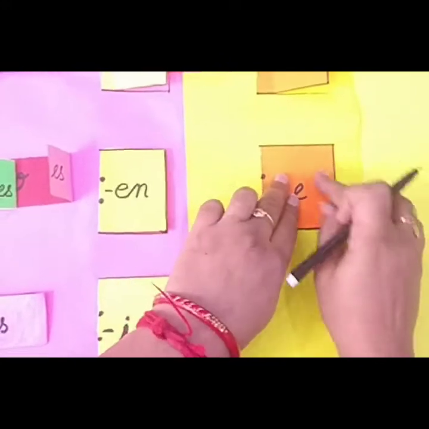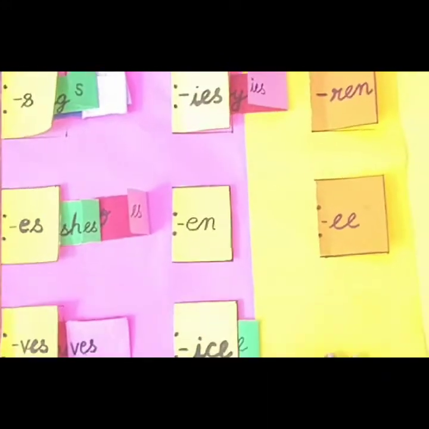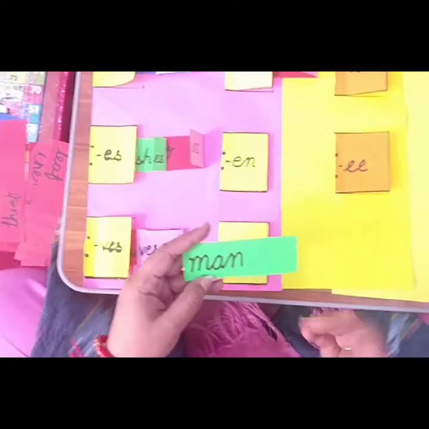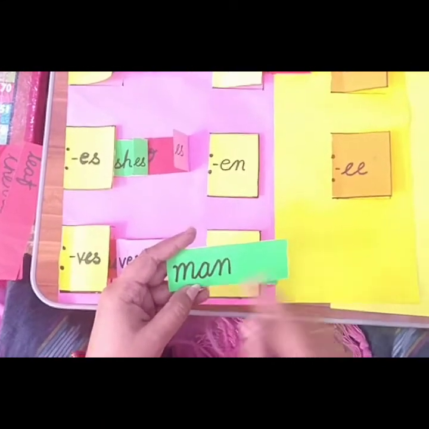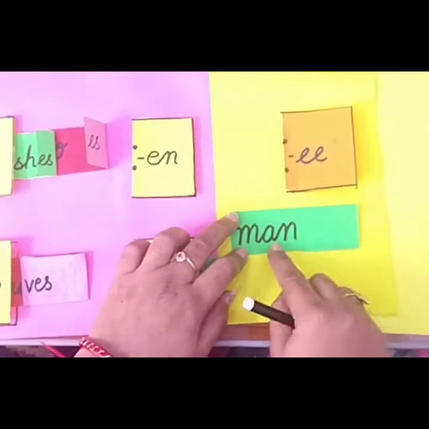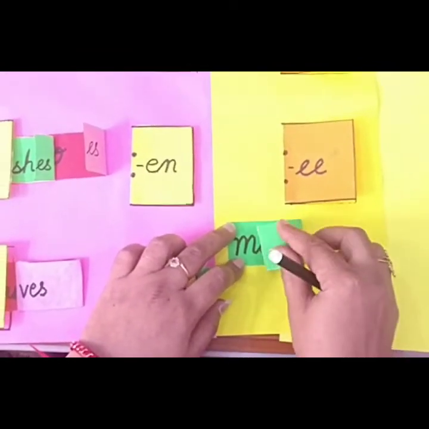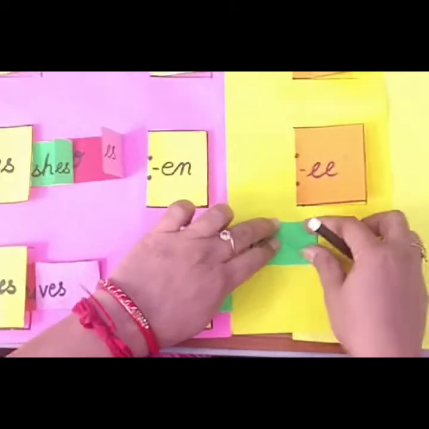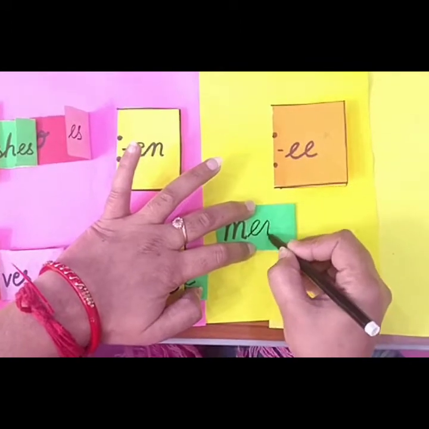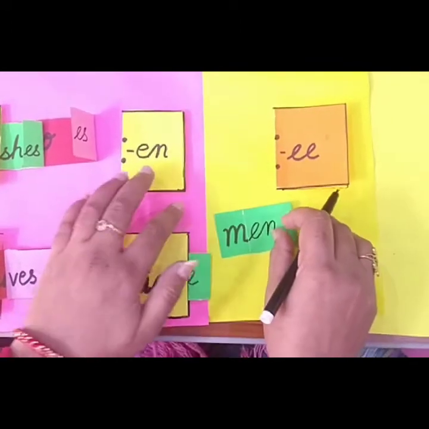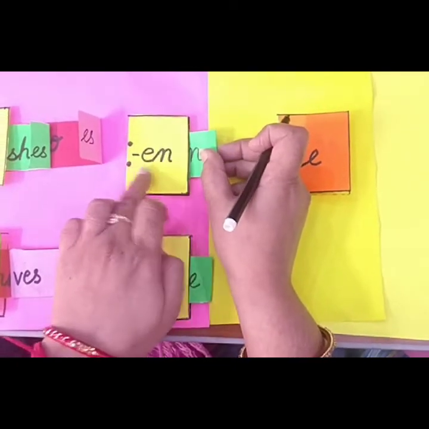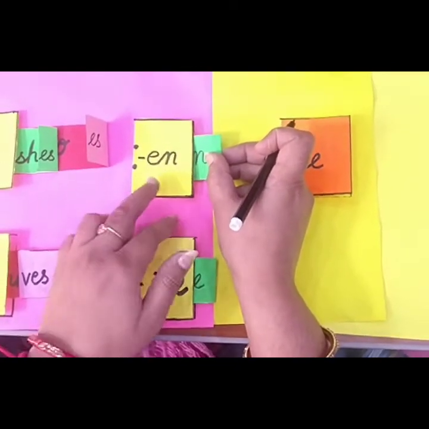I will paste it. Next, take another word, that is man. Here again we'll change the vowel A. So the plural of man is men. Here we'll again fold the chit and write men, E, and the whole word is changed. Man has become men and we'll place it under the book cover. We'll not say it is a suffix, we have changed the vowel.